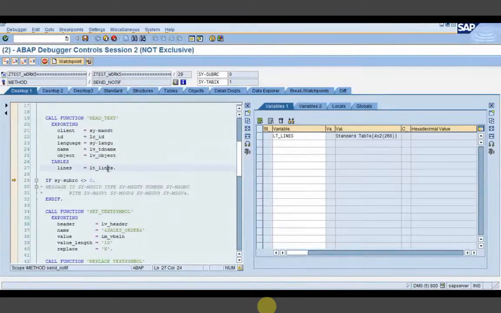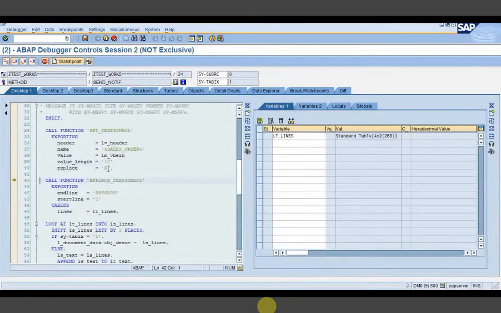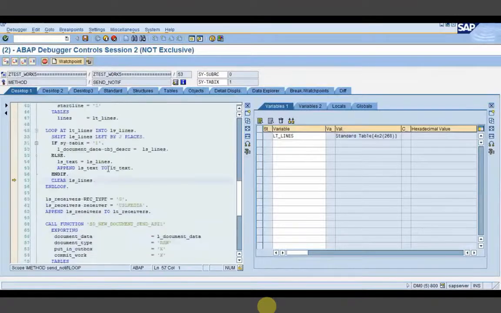This I have already shown you. Now let's move in LT lines. We have the changed value, the replaced value, and then in the loop we are breaking the subject and the body line.